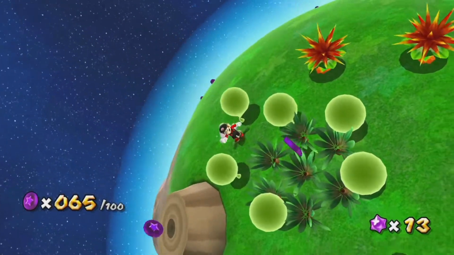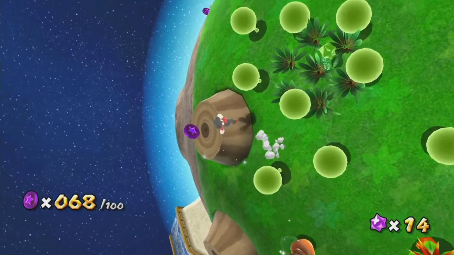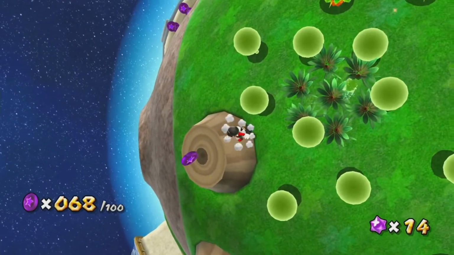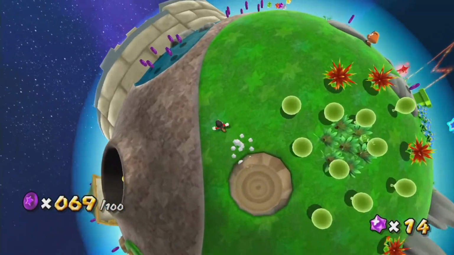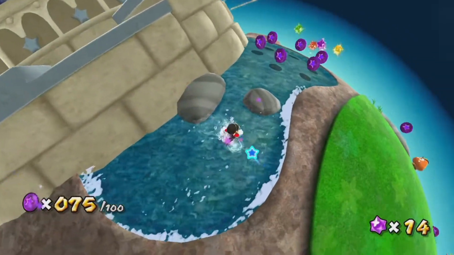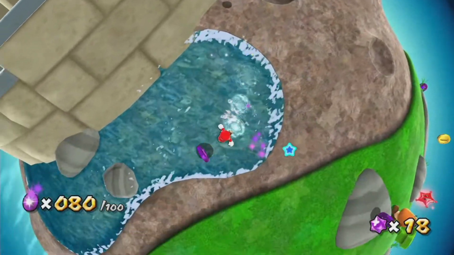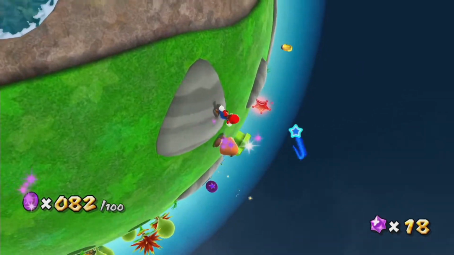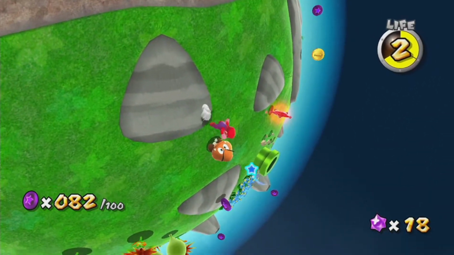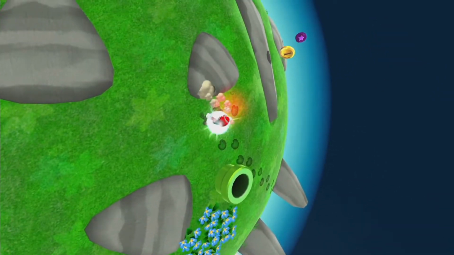If you spin near any of the coins, then Mario will pull in all the purple coins to them in a circle when using his power-up only. And this lets you get all the purple coins just like that, which I think is cool. It'll only work while you have that on, otherwise nothing will happen. So now that we've collected the first set of coins, we're just gonna go around and...